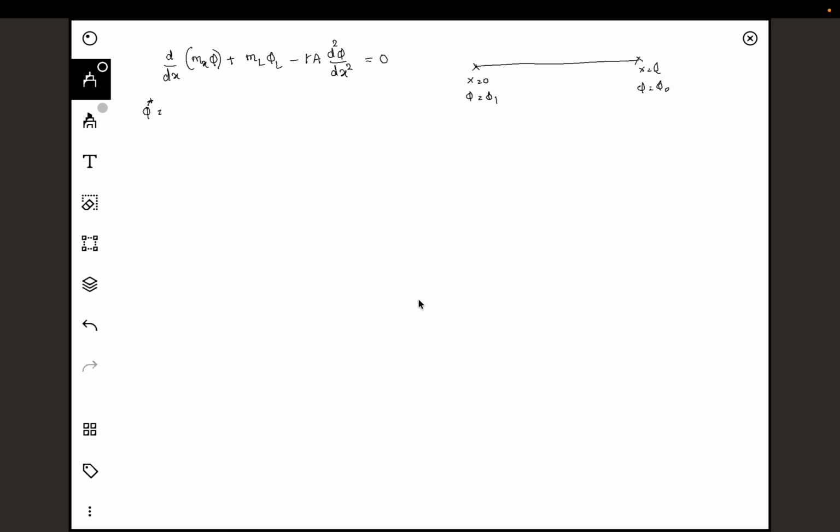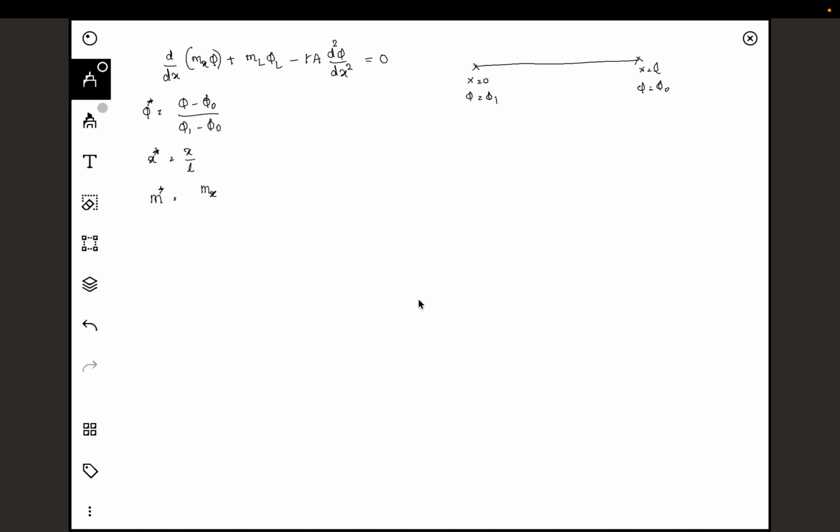You define phi star as phi minus phi naught by phi 1 minus phi 0, or the other way around, whichever is convenient to you. You can write it as phi minus phi 1 by phi 0 minus phi 1, whichever way. So you non-dimensionalize phi, and accordingly you non-dimensionalize other variables also. You will define x star as x by L, and I can also define m star as